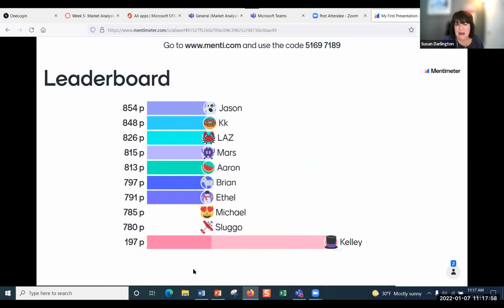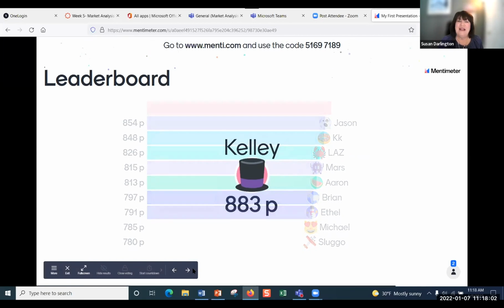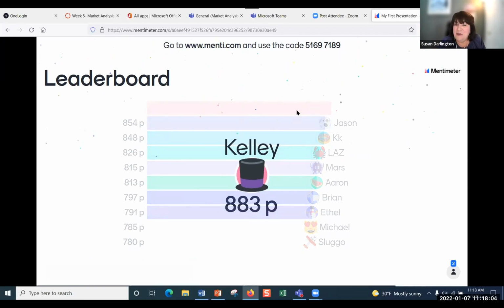Okay. That's actually my daughter from another game we were playing. So anyway, this is how it works. The winner gets the confetti flowing, and it looks like Jason was the winner there. Looks like we had a little bit of technical issues with that, so sorry about that.